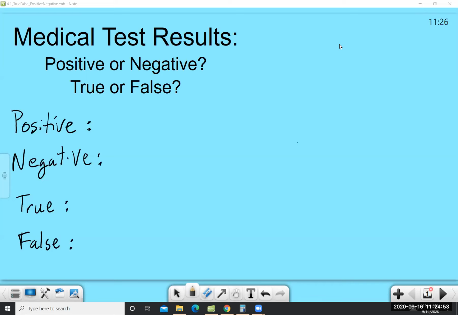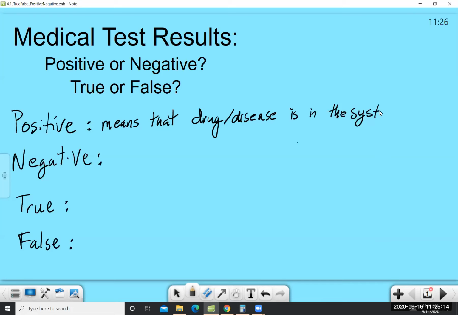So that is what it means to be doing some sort of test, and a positive result means that the drug or disease or whatever is in the system. The test is saying, yes, you still have aspirin in your system, or unfortunately, right, yes,